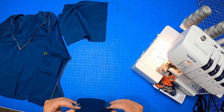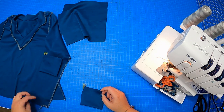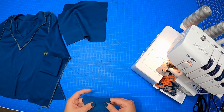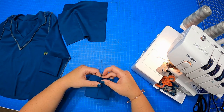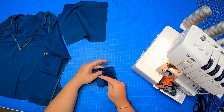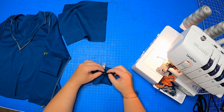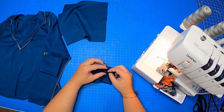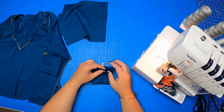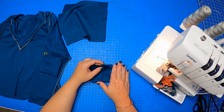And because I like my seams to press toward the back, my side seam to go toward the back, I'm going to align these so that the seam is actually toward the front so that I can nest my seams. And what that means is when I nest them, this seam is going to be pointed this way, and then the seam that I attach it to will be pointed that way, and that just helps reduce bulk at the seam line. So it makes it easier to go through my machine, whether I'm using my serger or my regular machine. And it just makes it smoother and more,